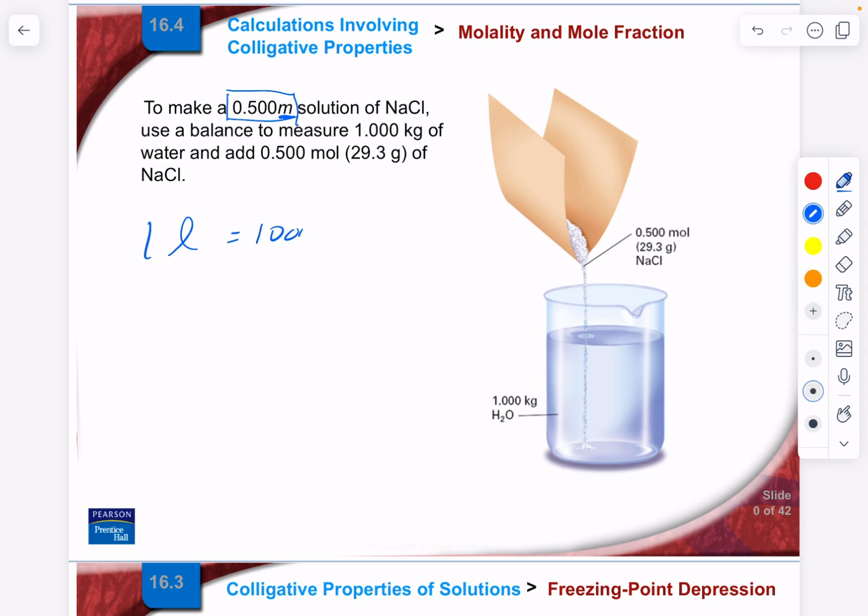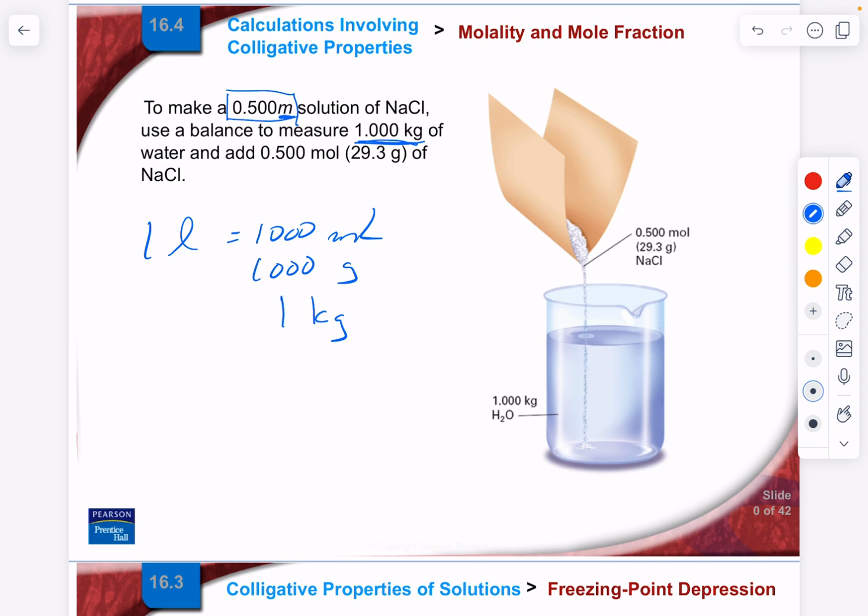1 liter of water is 1,000 milliliters of water, and the density of water is 1.0 to 2 significant digits. So that makes this 1,000 grams, which makes it 1 kilogram. So to get your extra significant digits, rather than using a volumetric flask or a beaker or something, we mass it. We get 4 significant digits there. 1 kilogram of water, we put it into our container,